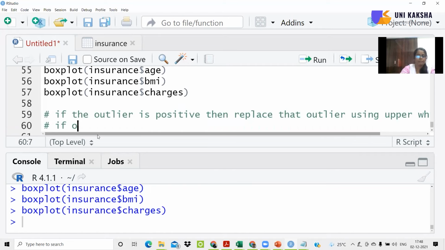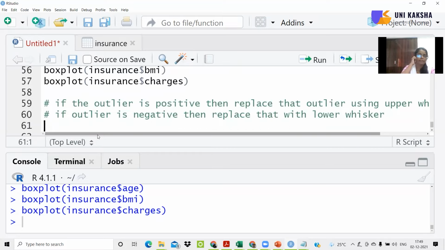And if the outlier is negative, then replace that with the lower whisker. So for that reason, first we need to identify the upper whisker and lower whisker for all these three columns. In fact, two columns, because only BMI and charges have the outlier issue. Otherwise, there is no outlier issue in the other column.